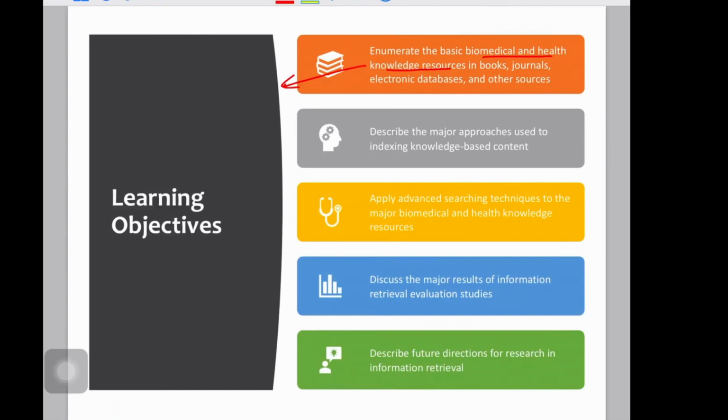And we will describe the major approaches used for indexing knowledge-based content. Now, several terms: what is indexing, what is a knowledge-based content system, and the approaches. So, this we will see in this part. Thirdly, we will see how we can apply advanced knowledge searching techniques on major biomedical knowledge resources. For example, I will show with an example how, when you go on pubmed.org,